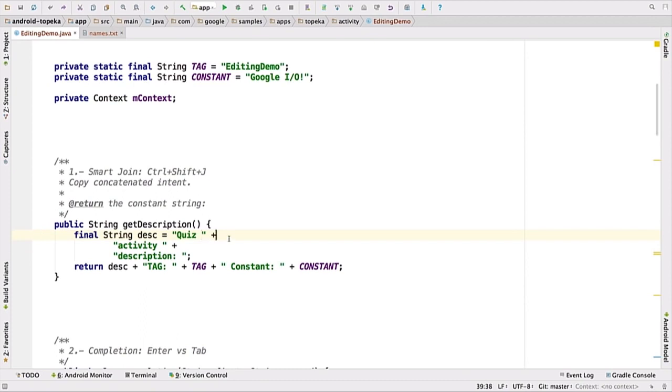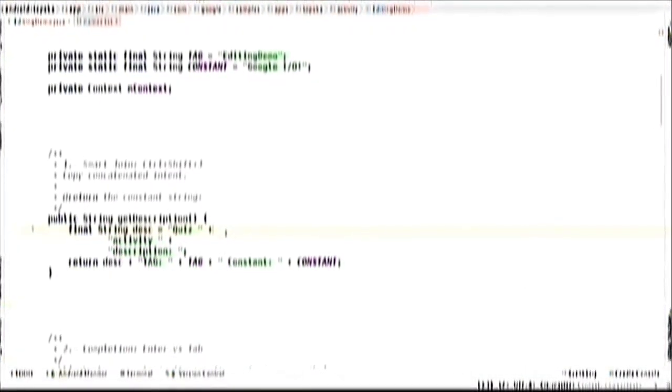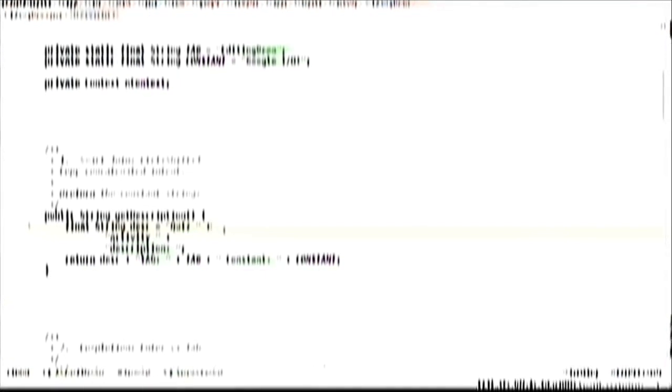The first one is Control-Shift-J, right? You guys know there are shortcuts to join lines. Well, this one is a smart one, and if you're joining strings, it actually removes the operations and gives you the